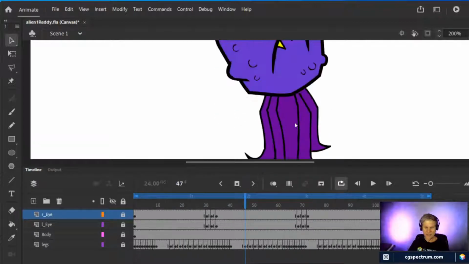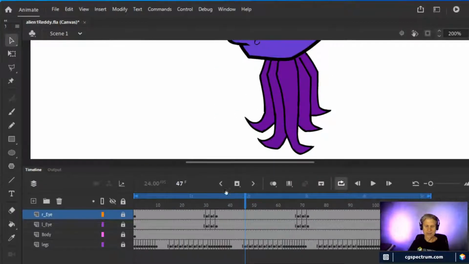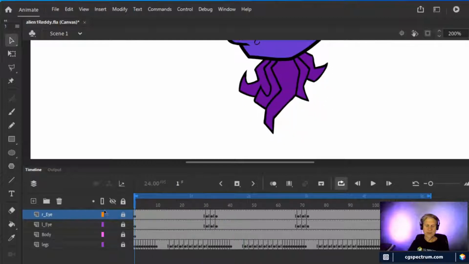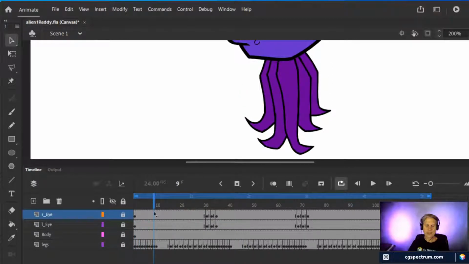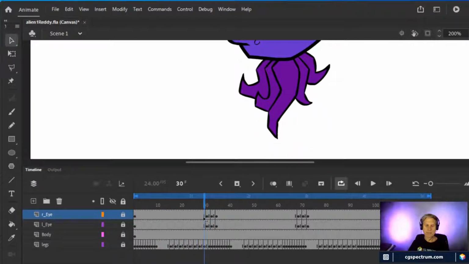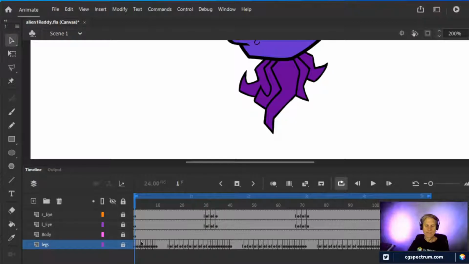But just for the record, just as a reminder, yeah, the legs are also a cycle. That's frame 1. They go down into this pose, and then they kind of come up a little more slowly back into their original pose. So whatever frame this is is exactly the same as frame 1. So you can see, well, not exactly. There you go. So the cycle goes from this frame to this frame. That is the entirety of the cycle.